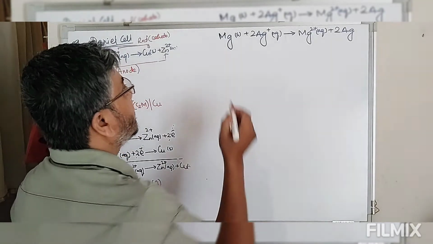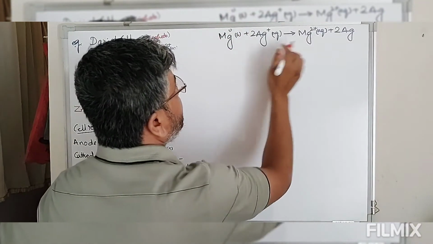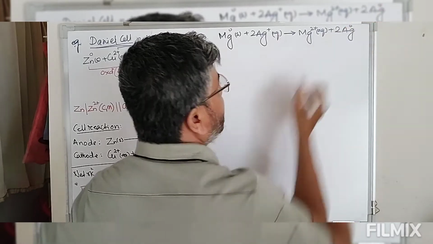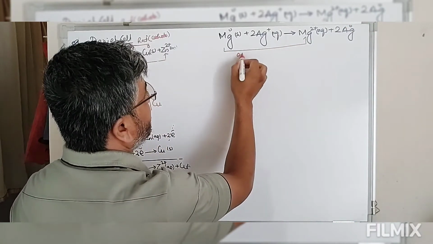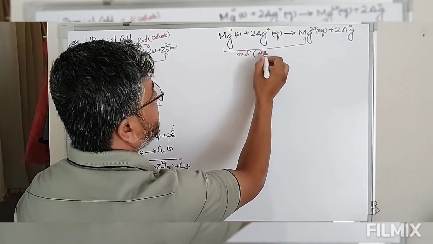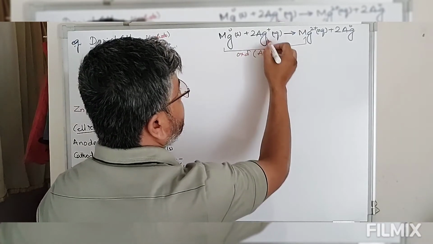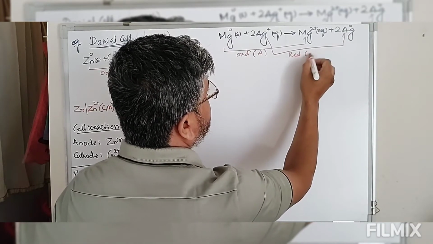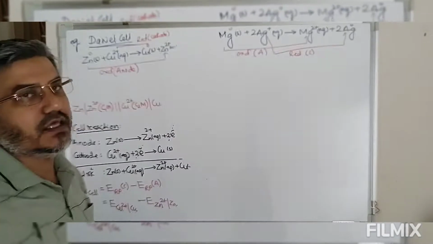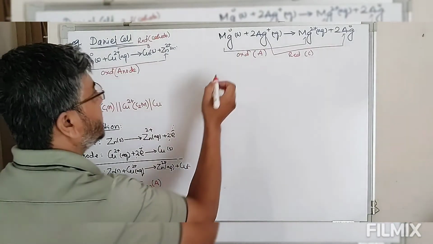So Mg is from 0 to plus 2, Ag from plus 1 to 0. So now look at this, 0 to plus 2, this is oxidation, so this must be anode. Ag changing from plus 1 to 0, this is reduction, so this must be cathode. So the cell will be,